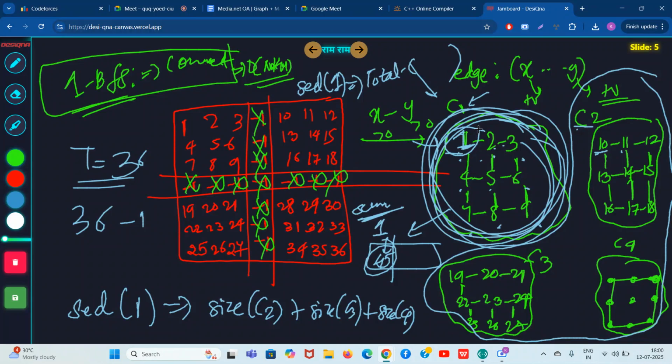Okay, so now what will you do? So you can think about it for a few minutes, guys. This is the same thing, like I can give you a simple hint. This component, so basically you want to know, like if you consider any cell over here, let's say you take